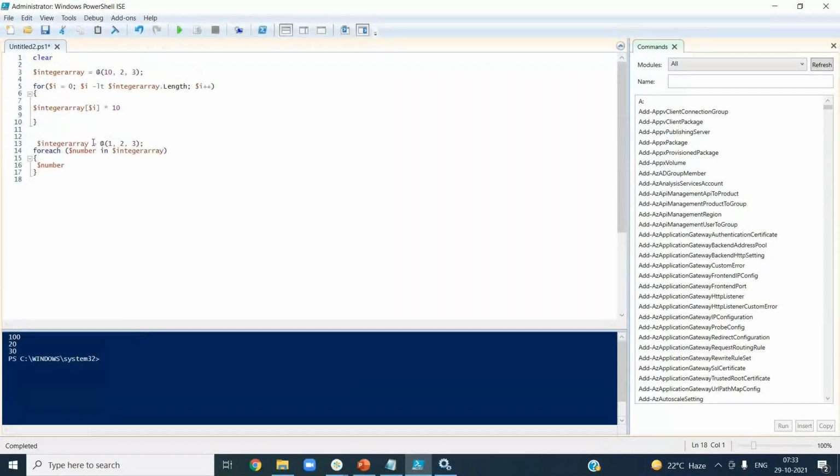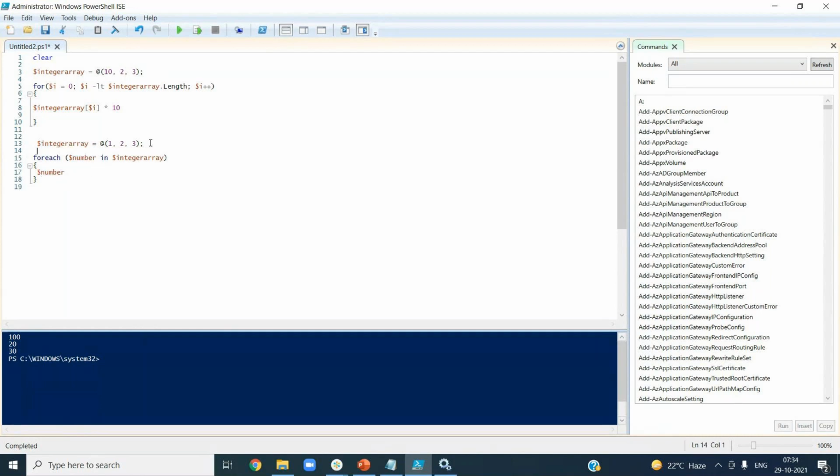It will go through each and every value in the list, and you can use that value and apply some logic. Here in the for loop you are going by indexes, starting from index 0 and then 1, 2, 3, and incrementing from one value to the other with $i plus plus, while the value is less than the length of the array. Now here, for each, number is a variable. For each number in this integer array, do something. That's what it is saying.